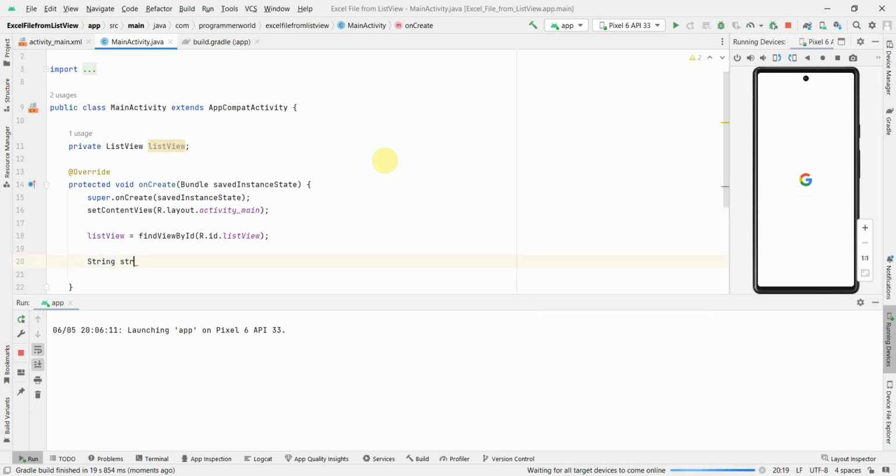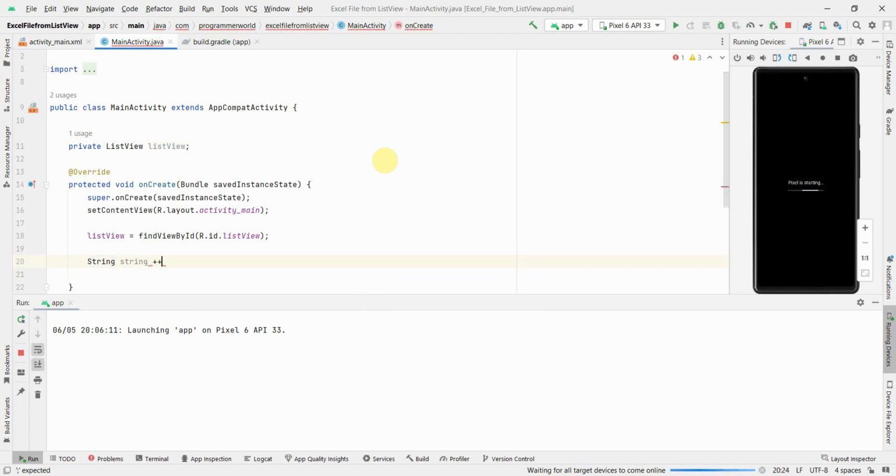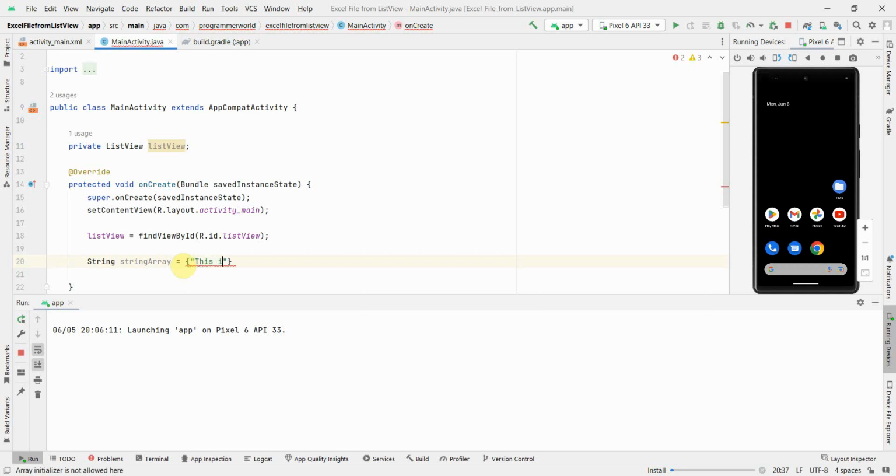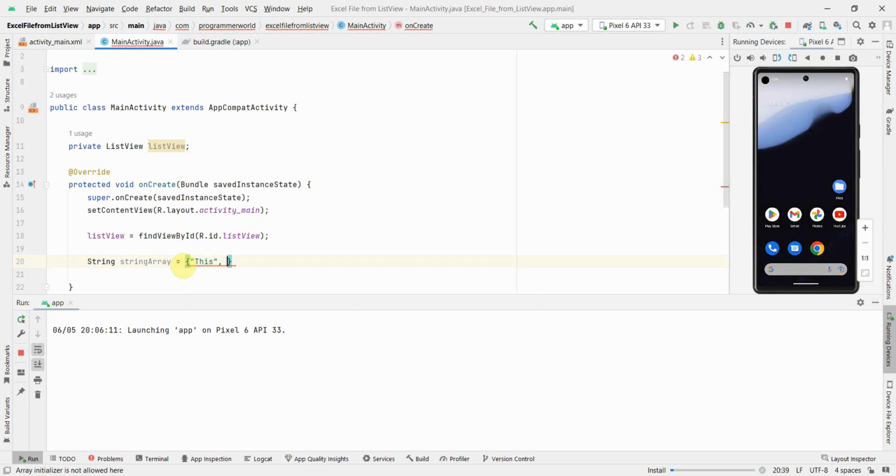For that, first I'll create a string array, and I can just keep values separated by commas, like an example Excel sheet from